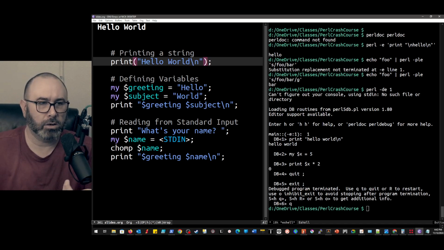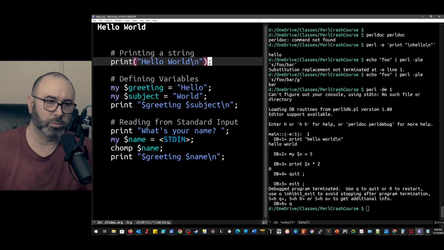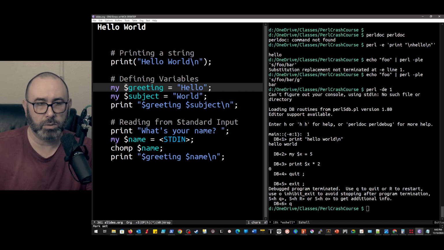So the my here is basically defining variable scope, right? So we're doing a print statement. You can see that these all end with a semicolon, so this is similar to C style. One of the things that I like, some people really dislike this, but I personally like it, is that you basically have variable type hinting based on the name.